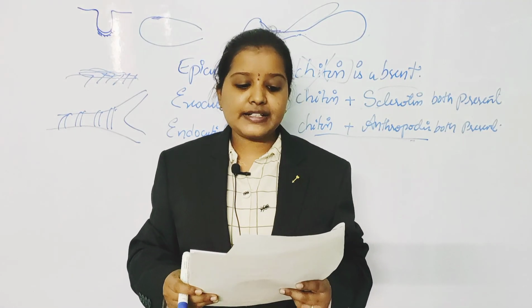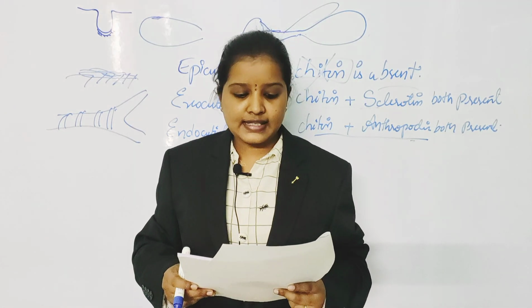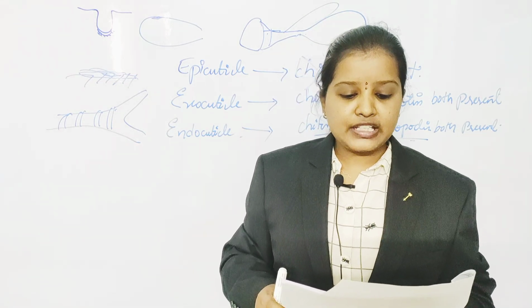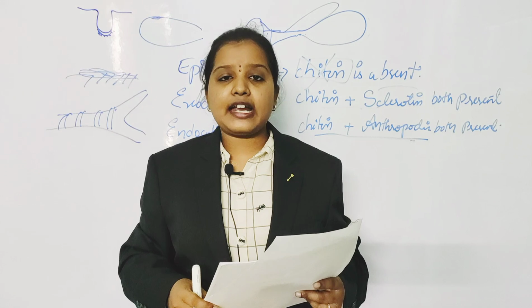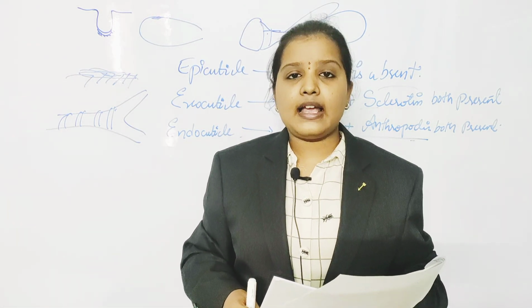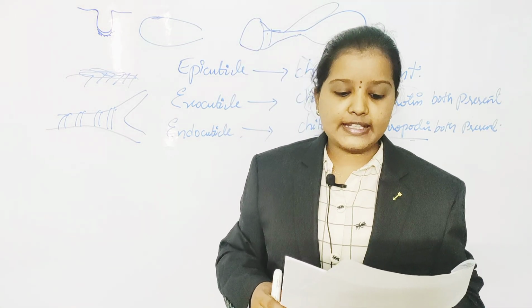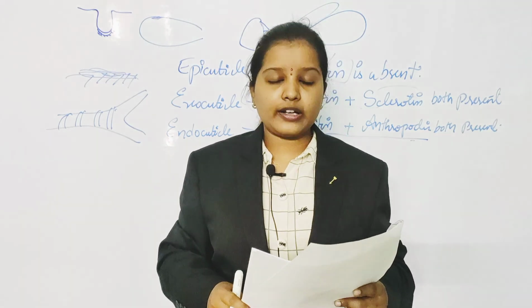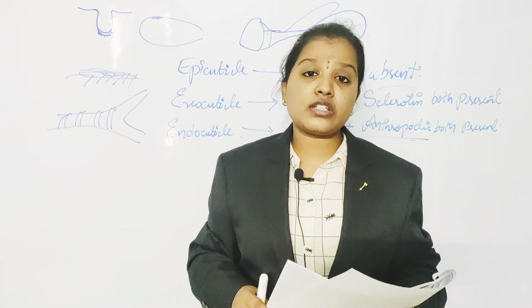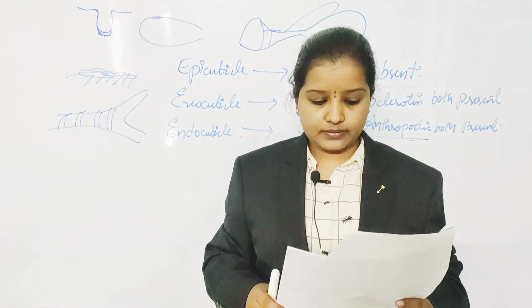The genital segments in the insect abdomen are located in the 8th and 9th abdominal segments. And ginglymus and condyle are associated with which mouth parts? These are the joints which are present in the mandibles, helping in the movement of mandibles. The strongest segment of the insect leg is the femur, which we also call the longest and strongest segment of the insect leg.